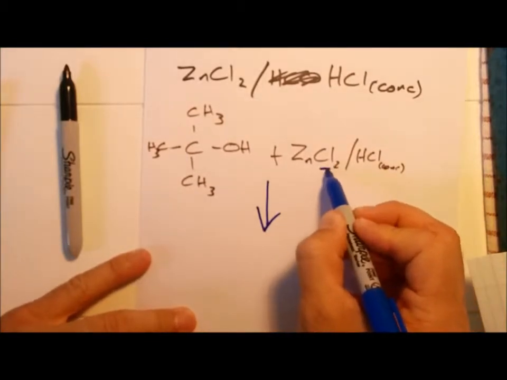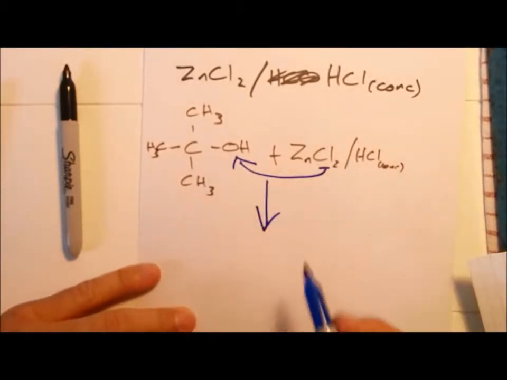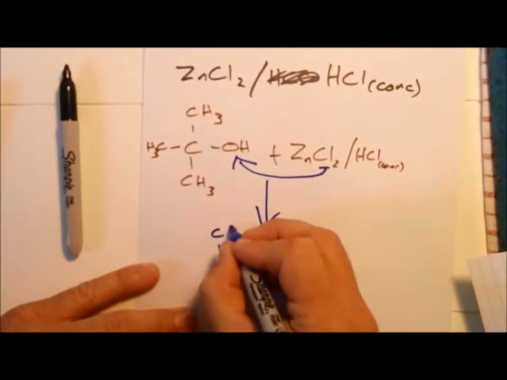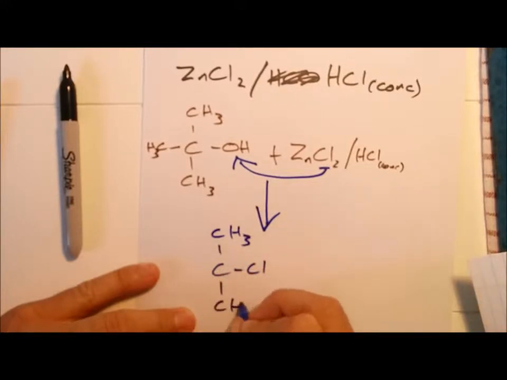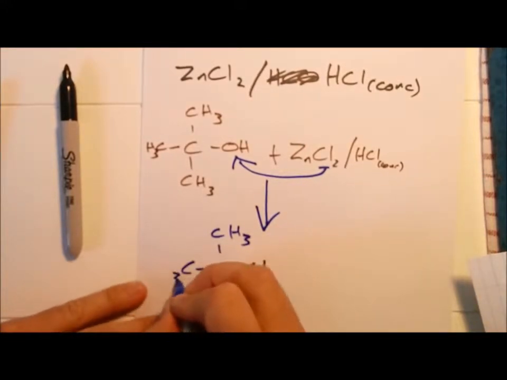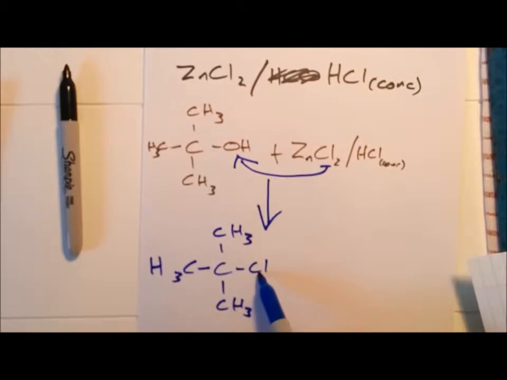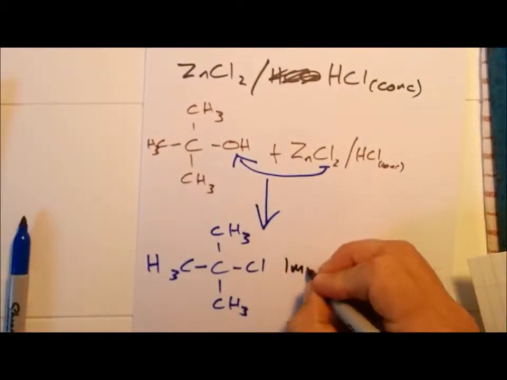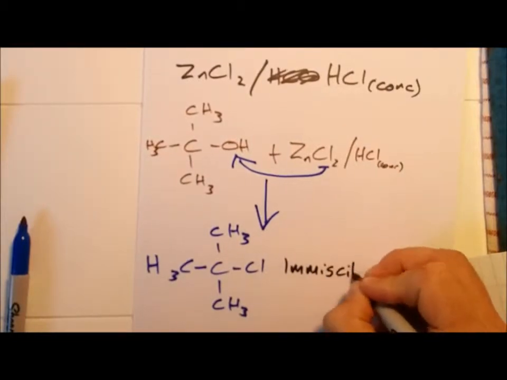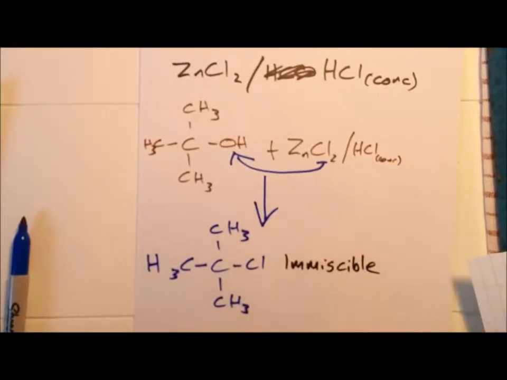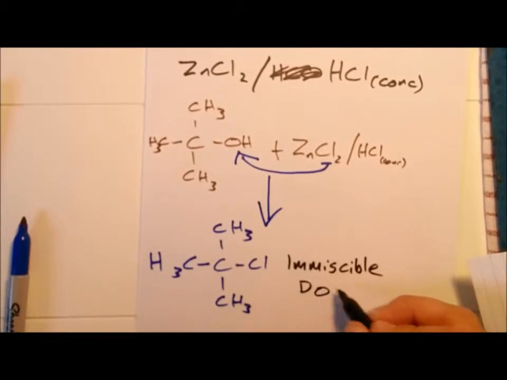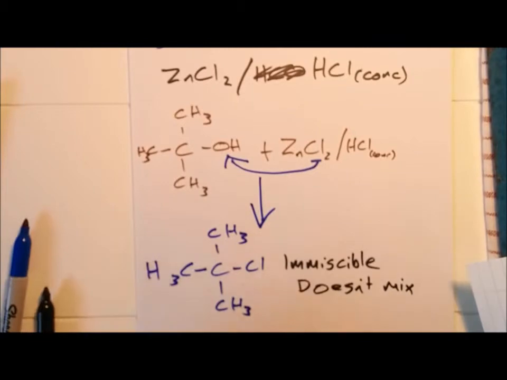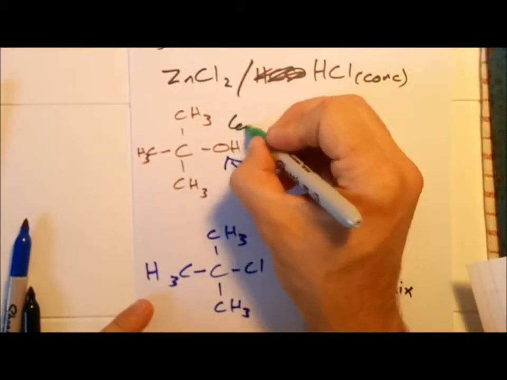So what happens is one of these chlorides swaps for the OH, so you end up with a chloride. Now this is what we call immiscible with water. So immiscible means it doesn't mix. So what you end up with is this is colorless,